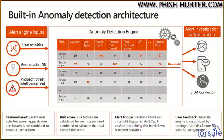One of the things we're taking advantage of is a built-in anomalous detection engine. This engine allows us to take an in-depth look at the user activities. What are they actually doing in the email system? Not to the email level, right? It's not spying on their email, but we want to know what system functions they're doing. Are they purging emails after they send them out? Are they changing forwarding rules? Are they running PowerShell scripts against the mailbox? Those types of things. It allows us to couple that with the inherent Microsoft Threat Intelligence feed, as well as